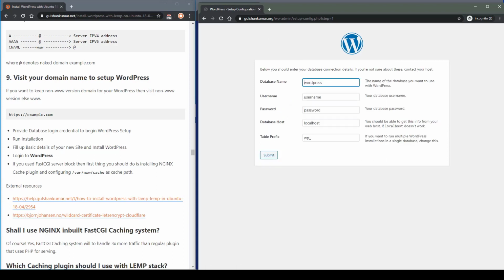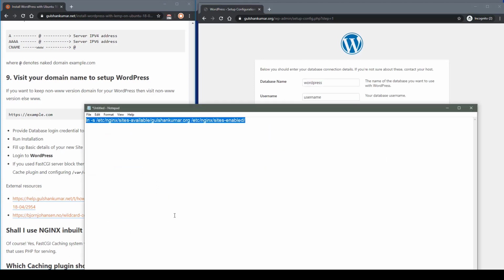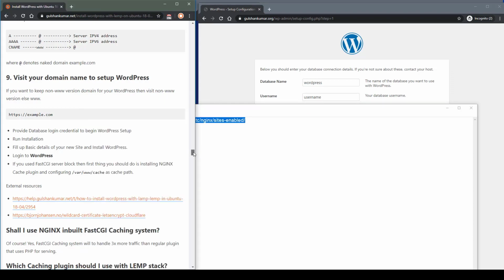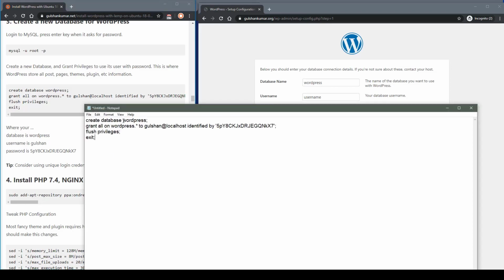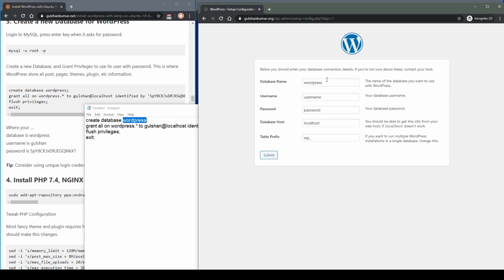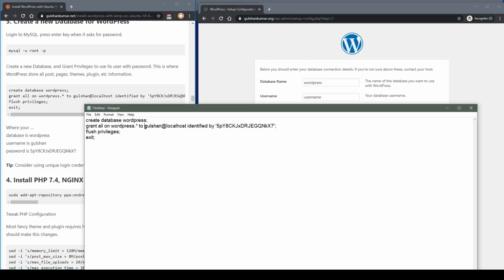Database name, I think I should have kept this saved, but no problem. I have the database details here. This was my database, WordPress. After that, this is my username, and this is my password.